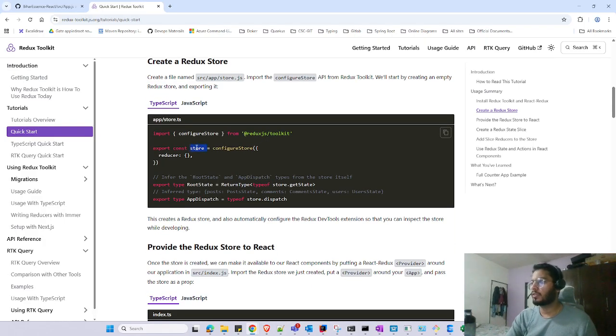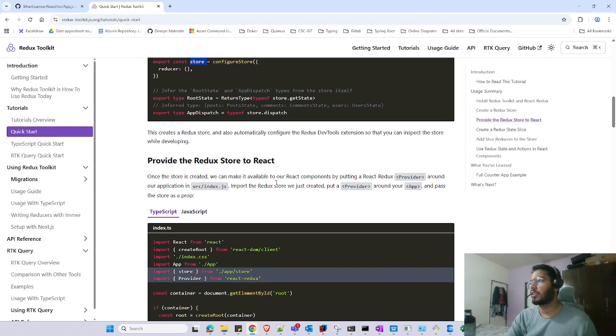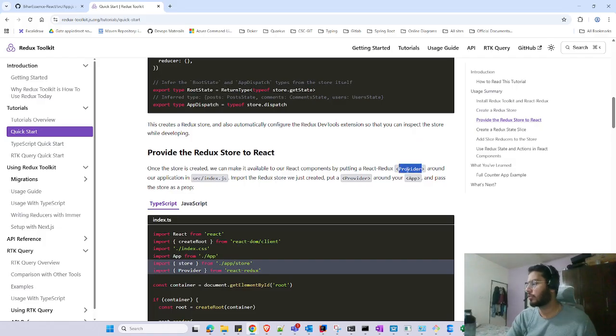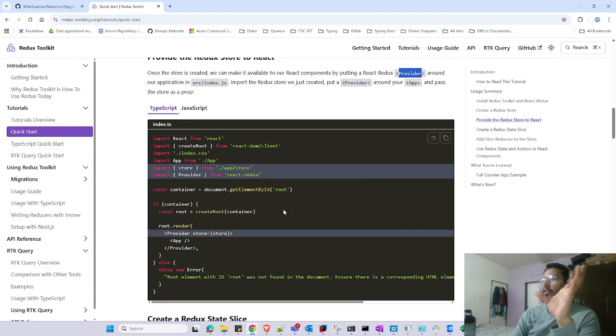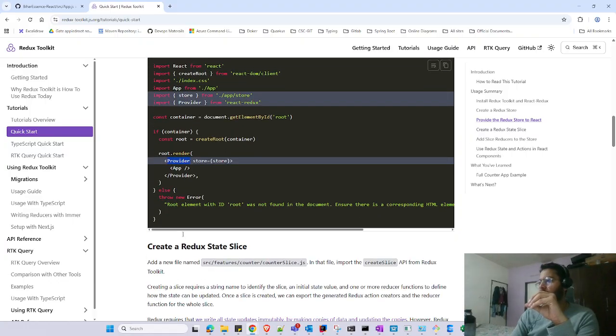So first you create the store. Once you create the store, using the reducer function and using the provider, you wrap the application inside the provider. You did this. Now